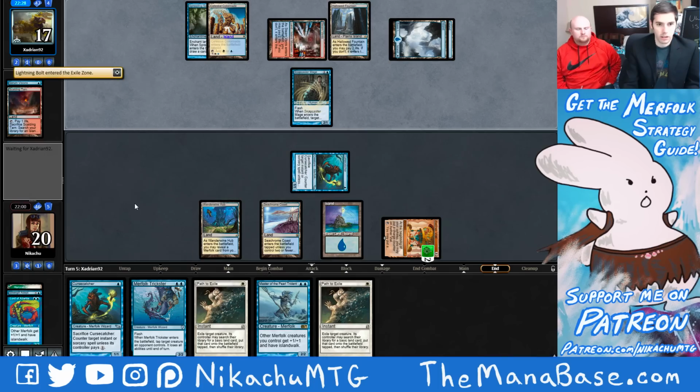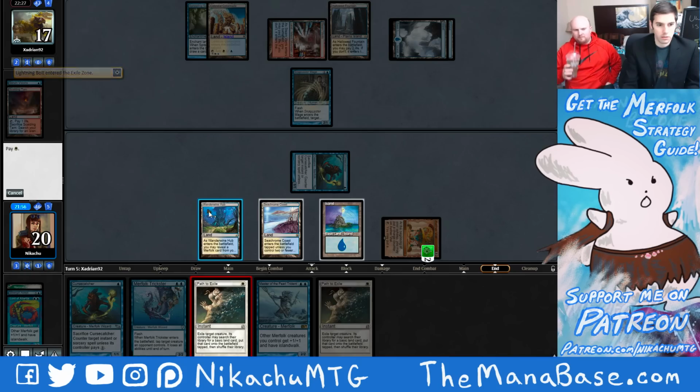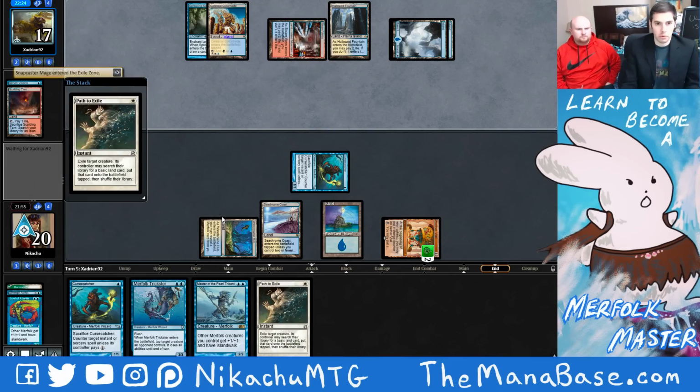Sure. And I guess I'm actually going to Path to Exile this Snapcaster Mage. Yeah, I'll do it at the end of my turn, just so that I can keep the damage coming. I don't really like giving a control player more mana, but...